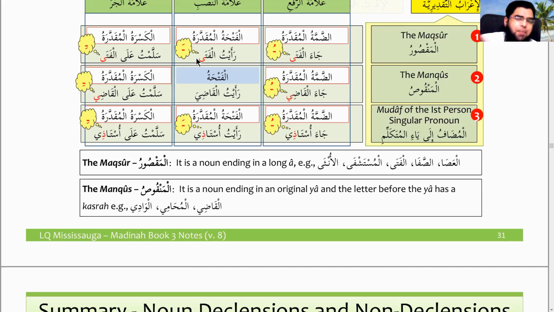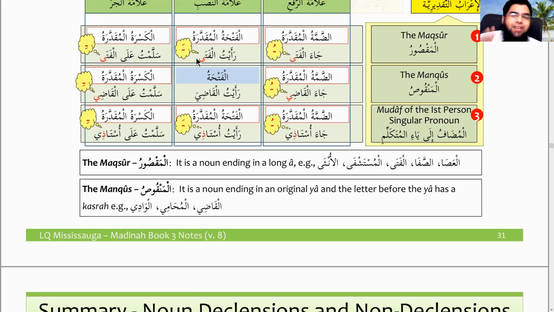So this guy is copying, because verbs should be mabni always. Why is mudare taking all these moods? Right? Because it's copying the nouns. It wants to be like a noun. So it's like yafalu, yafaluna. It has these moods and so on. Okay, it's copying the nouns. Verbs are mabni. And why are mabni nouns mabni? They're fixed anyways. But these guys are copying the verbs. Right? We want to be like fa'ala. So they're copying the verbs.